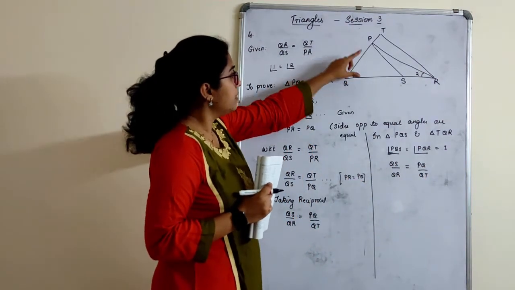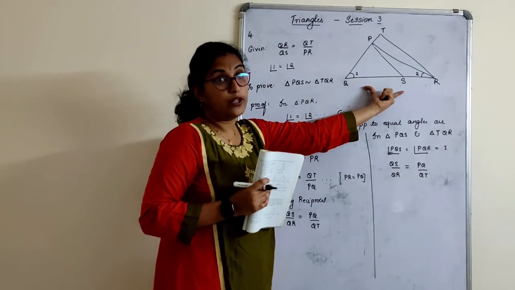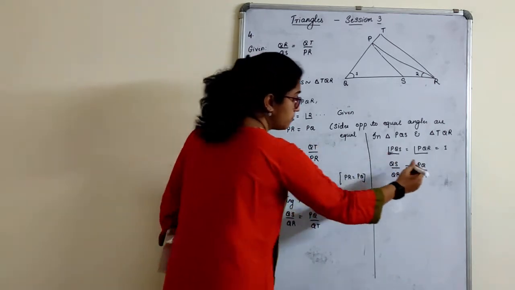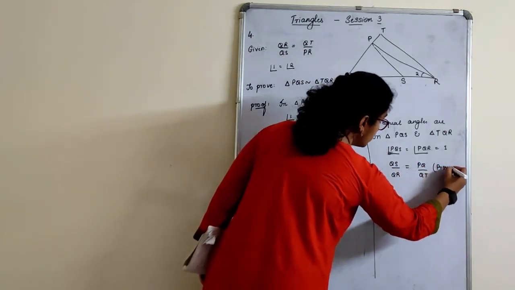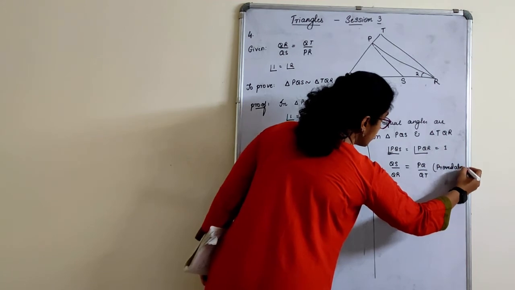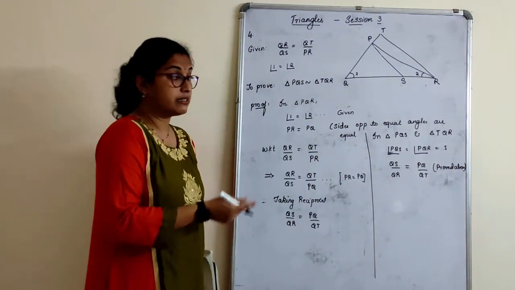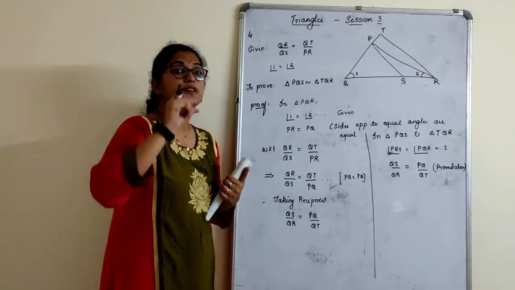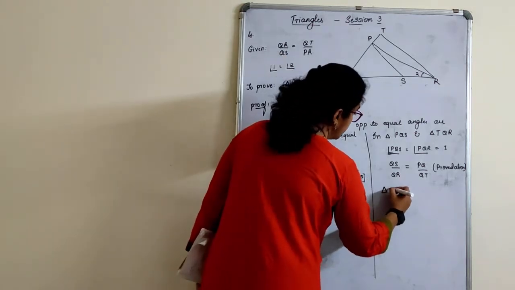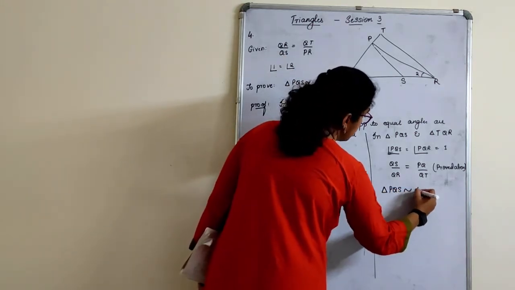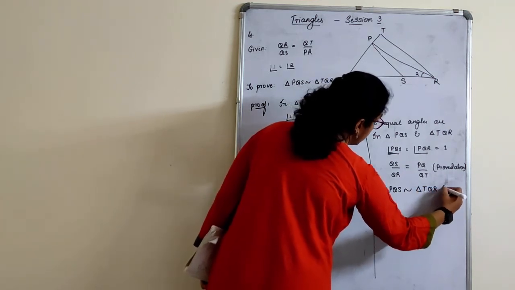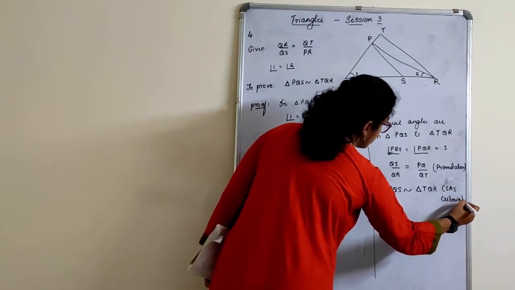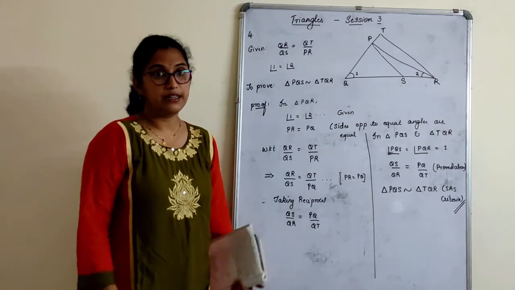So angle, side and a side. Which criteria? SAS criteria. One angle and two proportional sides. Reason: proved above. Understood why did I take the reciprocal here, right? Triangles chosen are smaller and bigger. So sides also should be of the smaller triangle first and then the bigger triangle. Therefore, triangle PQS is similar to triangle PQR by SAS criteria. Hence proved. Very clear? Okay.